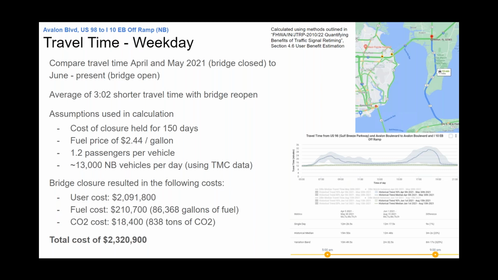And there's two major calculations. One is user cost, so really deriving how much time people have had to spend, the cost of user time, fuel costs, keeping the cars in that corridor longer, having them stop more, and then ultimately the CO2 that was generated because of that. And so we really want to put in programs to reduce some of those things and really quantify those impacts.